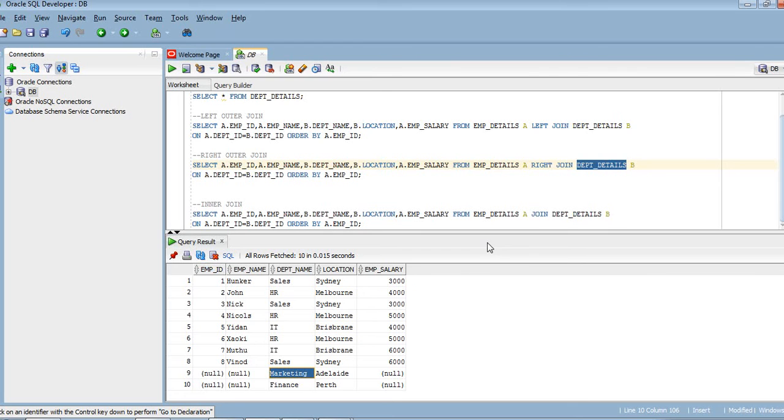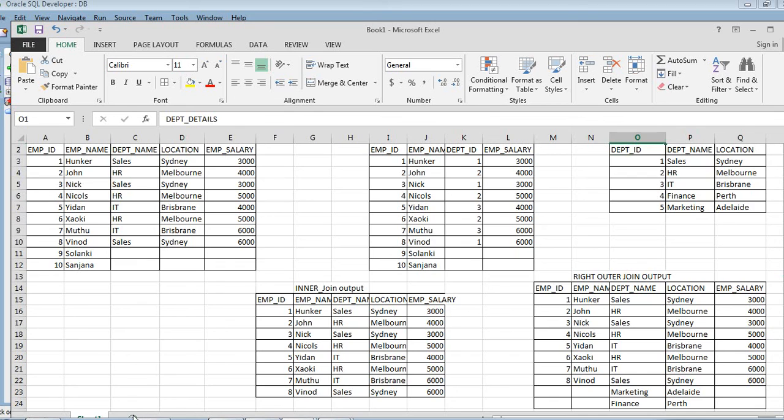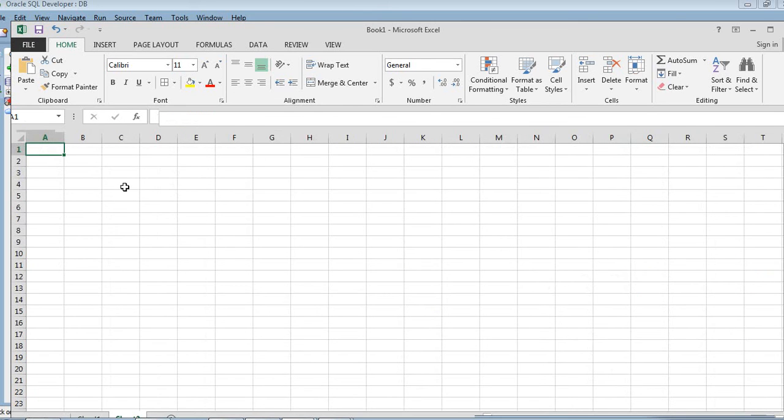Okay, so what they will ask, let me give you an example. Using that we will be able to understand it. Let me open up a fresh sheet over here. So what they will do is provide some details. For your better understanding, let's assume the table name is employee details.